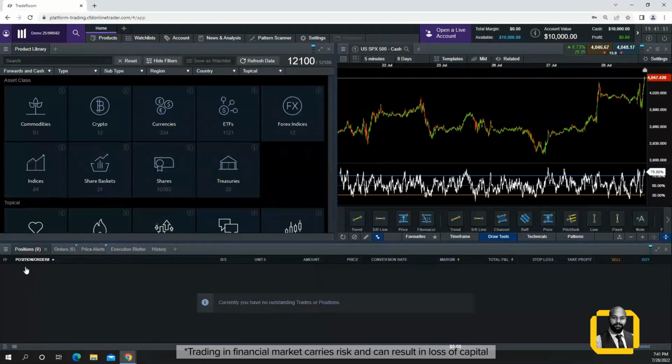If you want to buy, sell, you'll see all your positions at the bottom over here. In terms of watch list, you can make your own watch list. There are a lot of features on this particular platform which can help you. There's also a button over here where you can, helps you identify